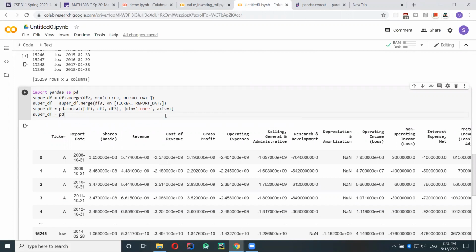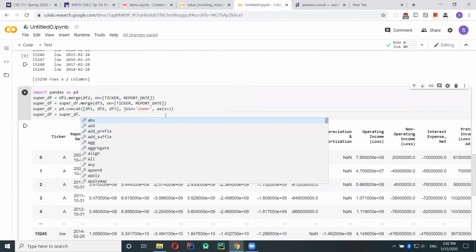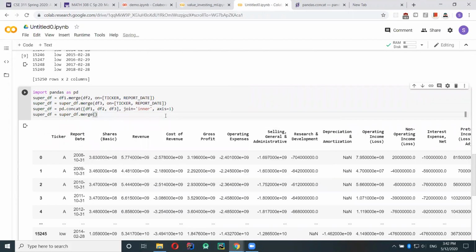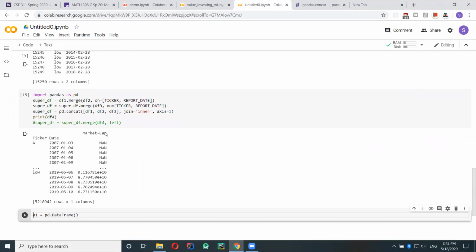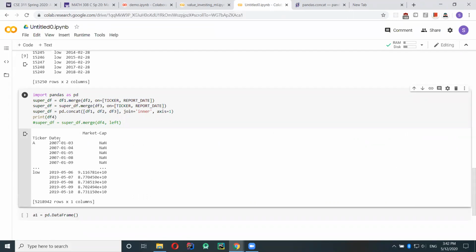So now we need to join it with the fourth data frame. Oh yeah, let me print out DF4 real quick. Okay, so I want you guys to pay attention to this report date. Instead of saying report date, it's this date. So if we try to join it on date, it'd be a little weird.